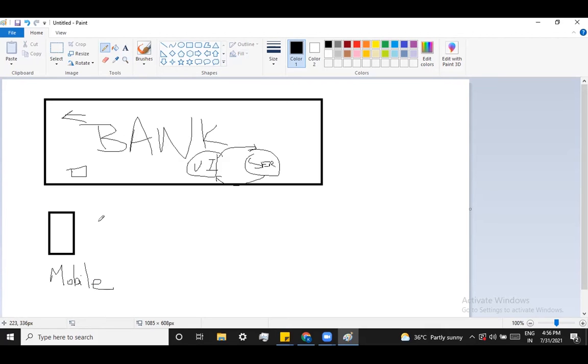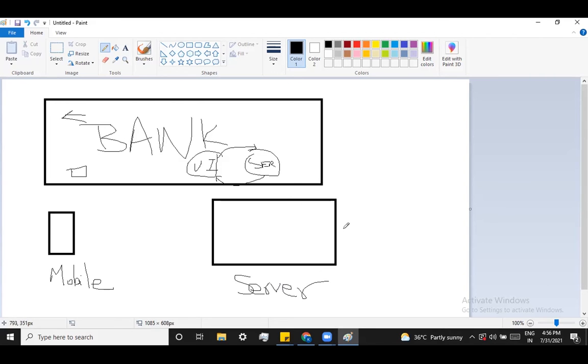If you have such devices, how can you load a huge chunk of UI? So what the technology people thought was, better we develop a server. This is a server, maintained by the bank, and the server has a higher configuration than the devices of the olden days.